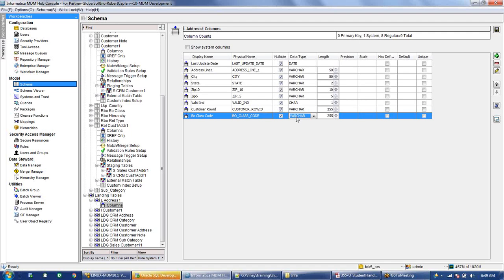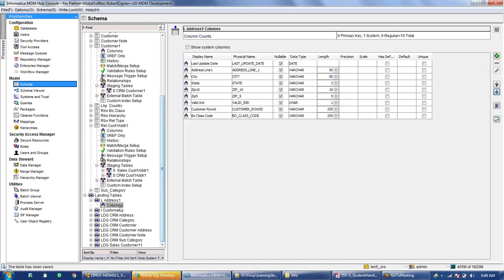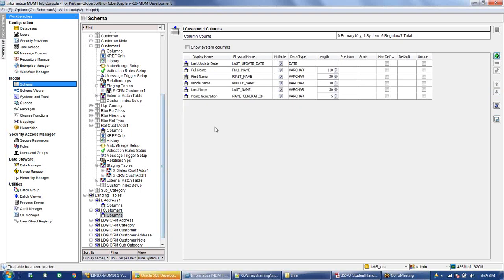Other than that, there is no specific reason for that. Similarly, for the customer table also, we will have to add this BO class code column. And again, the size I am giving as 255.